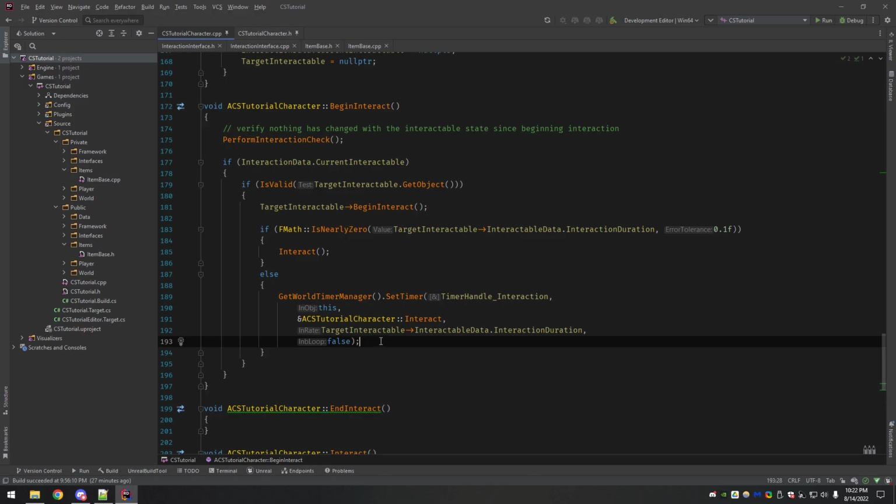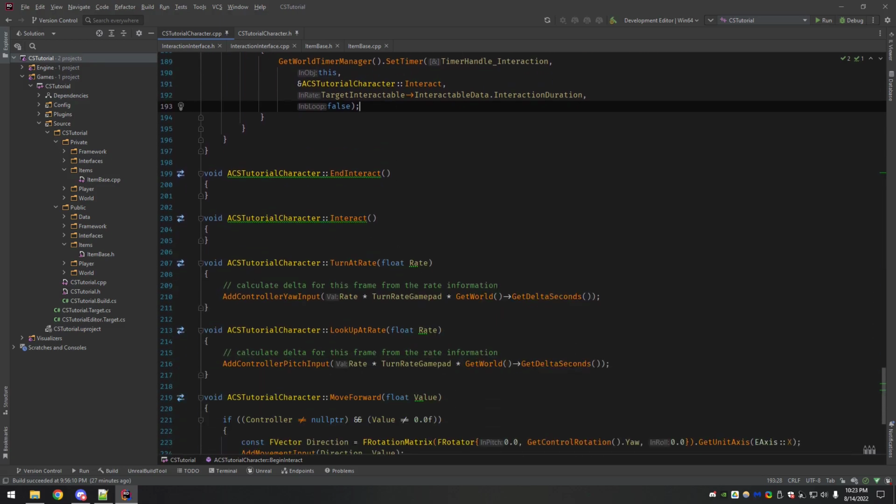So there we go. If there is a valid delay above the error tolerance that we've set here, we're going to start the timer, and as soon as that timer's done, then we interact. And that's all you really have to do to implement a timed interaction. Now, the graphical part of it, something like a progress bar, is going to be a little bit more complicated to show on the screen. But this is how you actually handle the delay. Just start a timer. All right. So that's pretty easy.